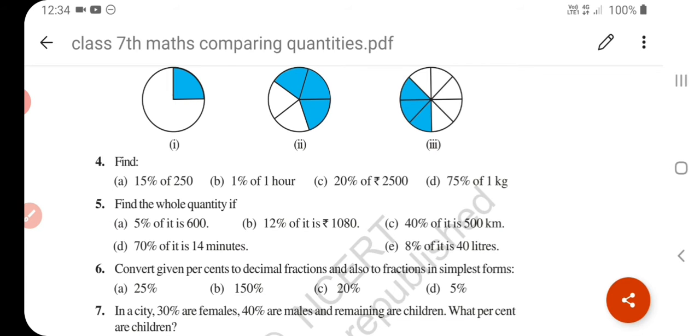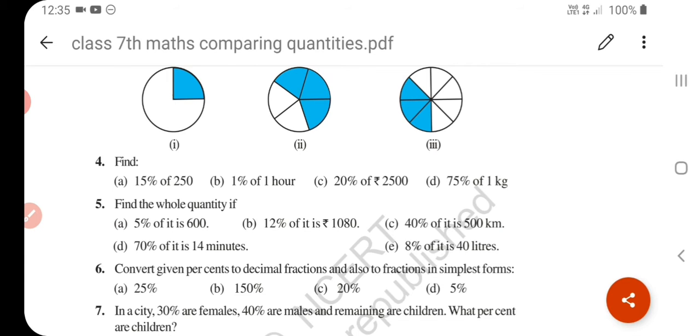And how to find the percentage of any fraction number when the total is not 100? If the denominator is not 100, then what can you do? You have to make the denominator 100. When you want to convert any number into a percentage, you have to make the denominator 100.